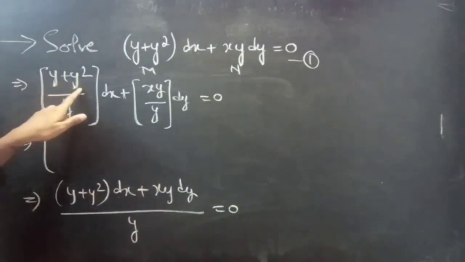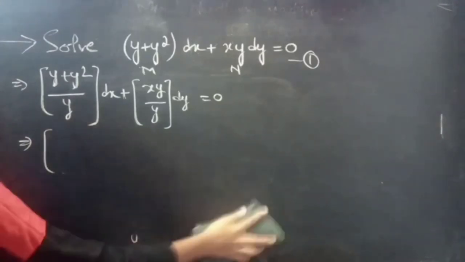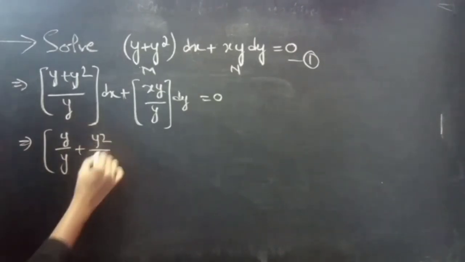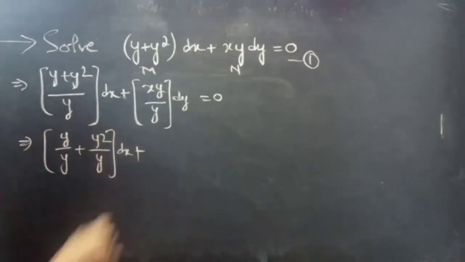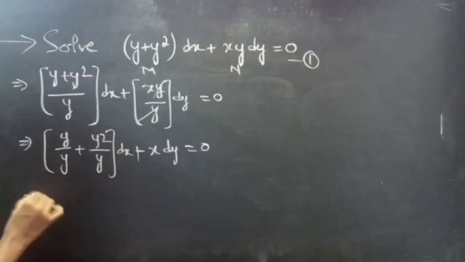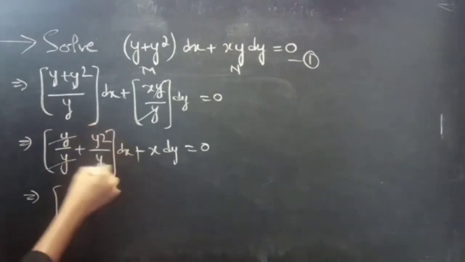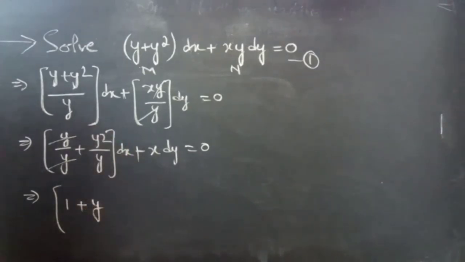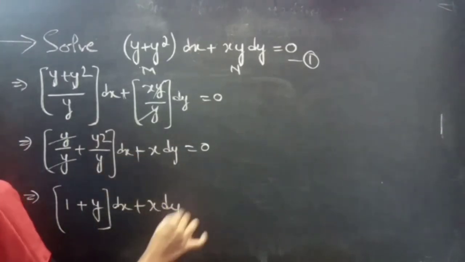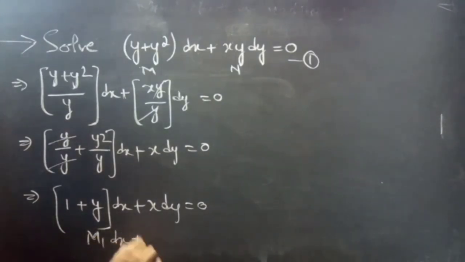Here also you have two terms in the numerator and one term in the denominator, so we can split this into two terms: y by y plus y square by y into dx, plus here y gets cancelled, then you'll get x dy equals 0. Then y by y gives 1, and y square by y gives y. So I'll get (1 plus y) into dx plus x dy equals 0,